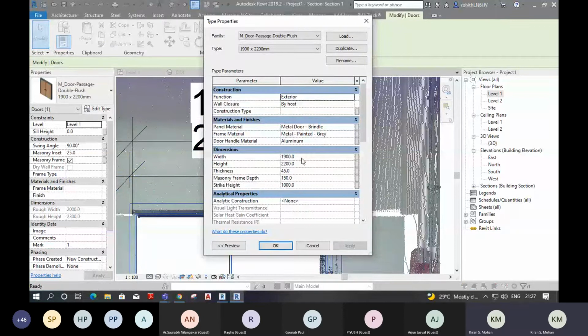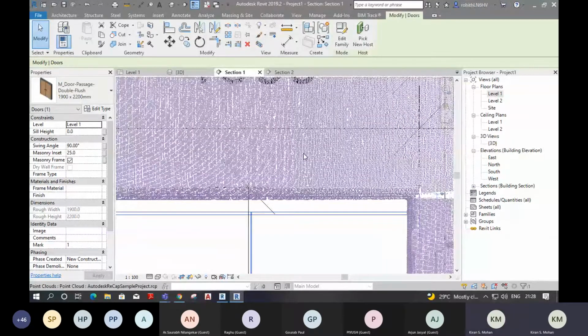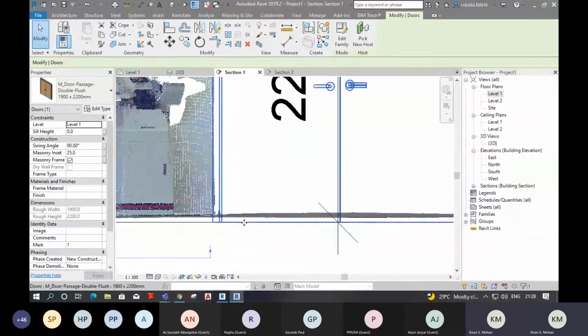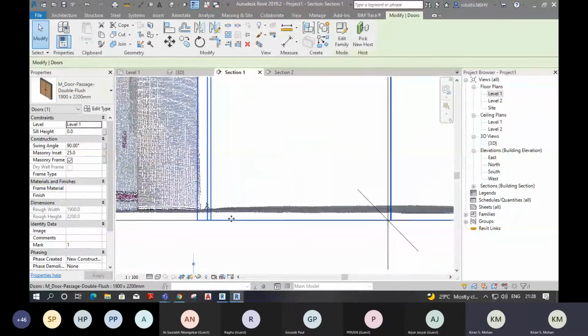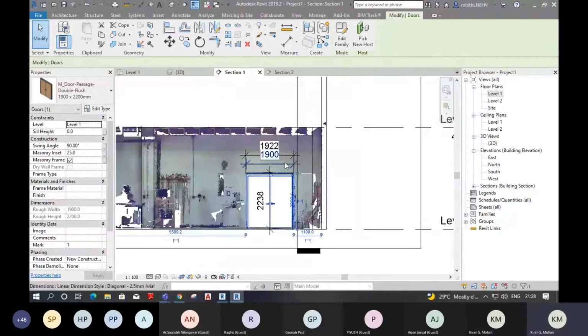See. Okay. Height, we can adjust this height because you can see a difference here. Actually, this difference is already there in the floor. So we can select this dimension itself.